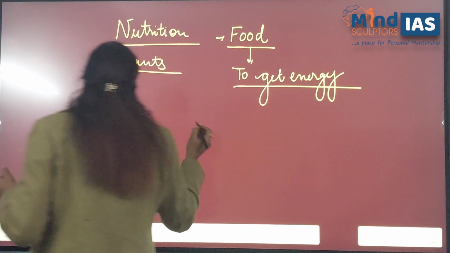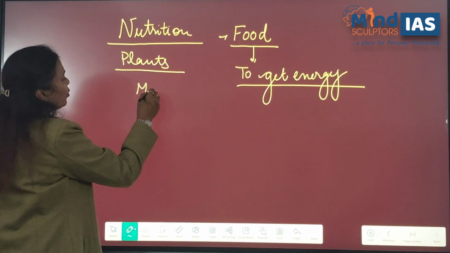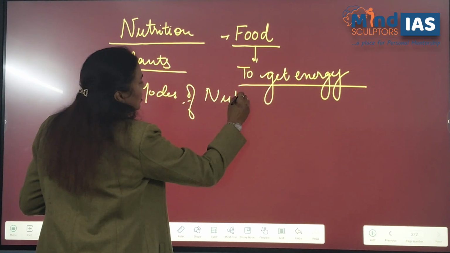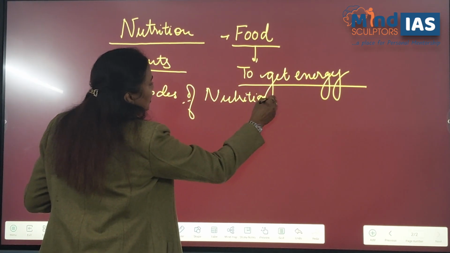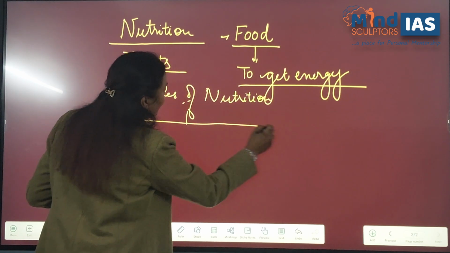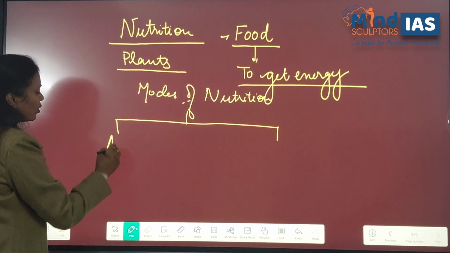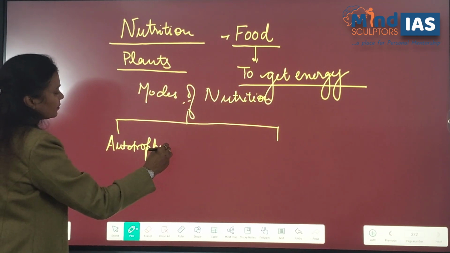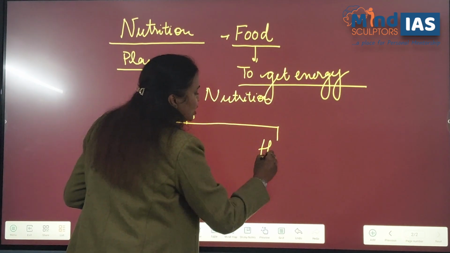So if we discuss modes of nutrition, there are 2 modes of nutrition. The first is autotrophic and the next one is